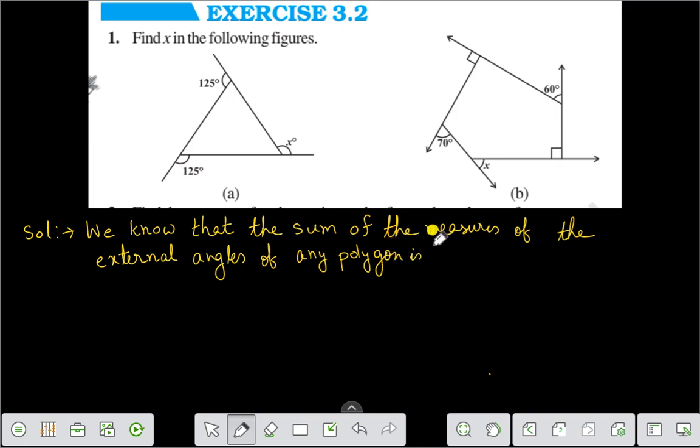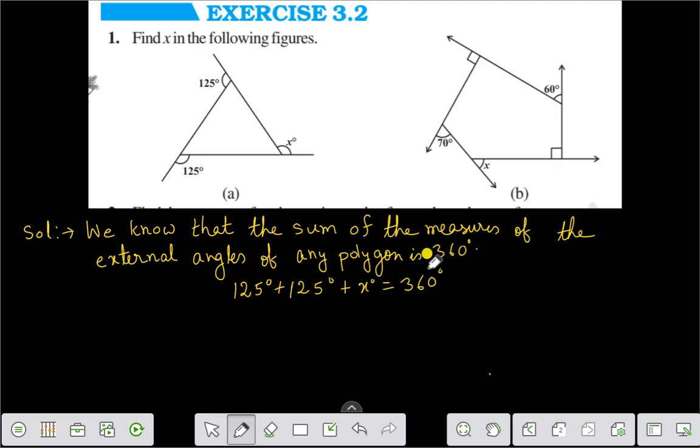is 360 degree, right? Then we can say these are the external angles of this regular polygon. Here see, this is the polygon, these are the external angles. If we add all the external angles, we'll get the value of 360 degree. Therefore we are writing here that 125 degree plus 125 degree plus x degree is equal to 360